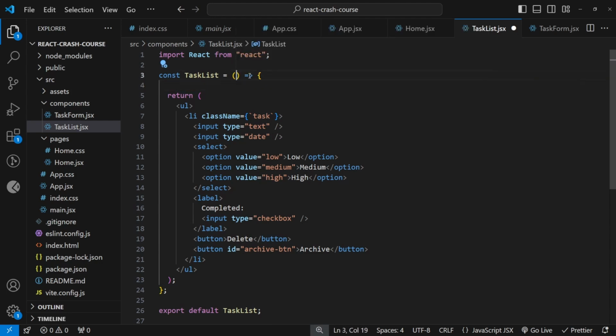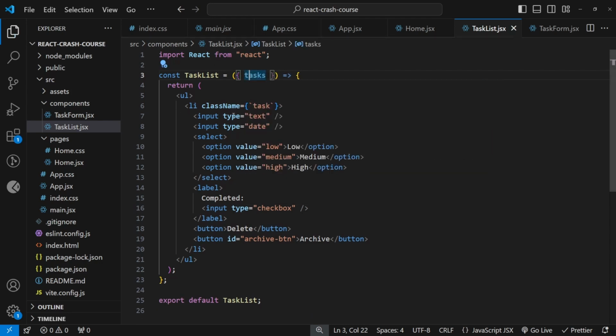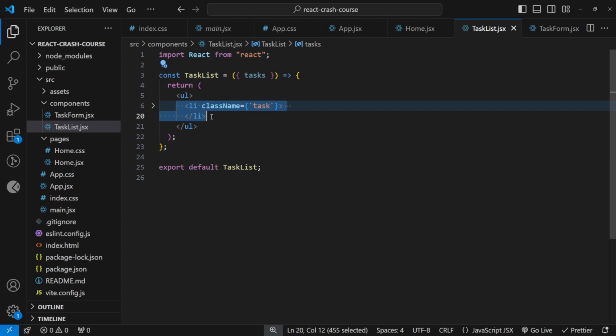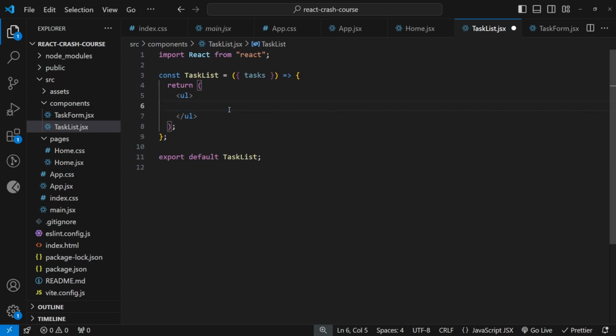The clean code version of this is by destructuring this object by putting here curly braces, and then for example, the first prop that this task list will receive is going to be a tasks object. So in here, I put a tasks object. This will be an array of objects, and then to dynamically render this, I can cut this list element from here,